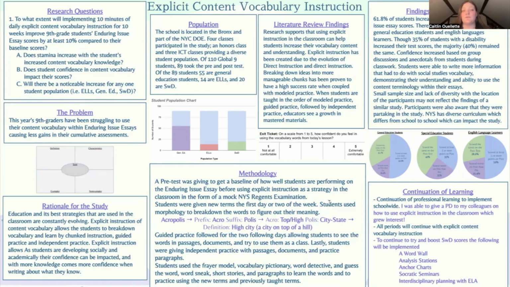But to continue to foster learning with our students with disabilities, I would like to implement some more strategies and some more tools, so implementing a word wall, analysis stations, anchor charts, and Socratic seminars could help them increase their content vocabulary knowledge as well as their ability to actually implement it in their enduring issue essays. And lastly, I would like to implement this with the ELA teacher. Interdisciplinary learning has been proven to work. So if we can get this across all subjects, we should be able to see an increase in our students